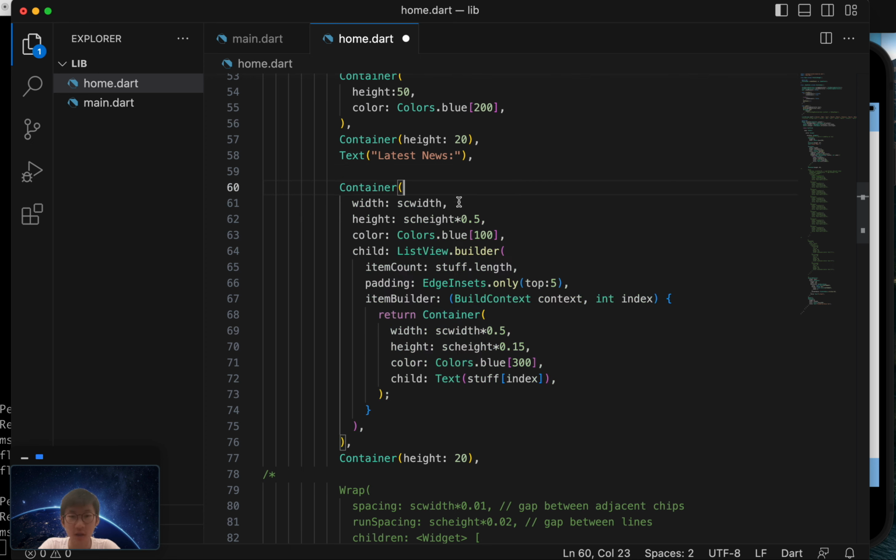So here's the container, and then we have the width and height and those kind of stuff. And then here's the listview.builder, and it's the child of the container. The item count is stuff.length. So stuff is the array, and length is the length of the array. An array is a list of stuff, and the list has some individual stuff. For example, 1, 2, 3, 4, 5 is an array with 5 elements in it. So for the listview.builder, you can just do stuff based on the array, and then in the item builder,